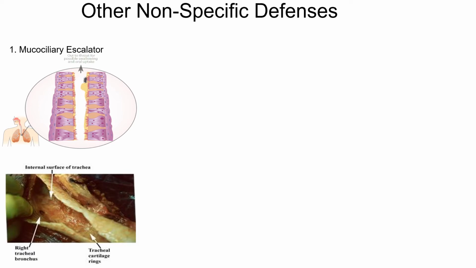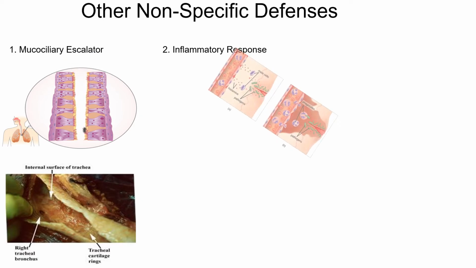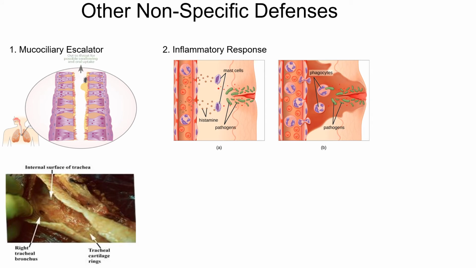The second nonspecific defense we're going to focus on is called the inflammatory response. Now this can occur not just on your skin but throughout your body. And as we talked about the other day, this is becoming a real issue when it occurs during the coronavirus. Now in the inflammatory response, we're going to see your nonspecific defenses kick in. And again, with all these, it doesn't matter the infectious agent.